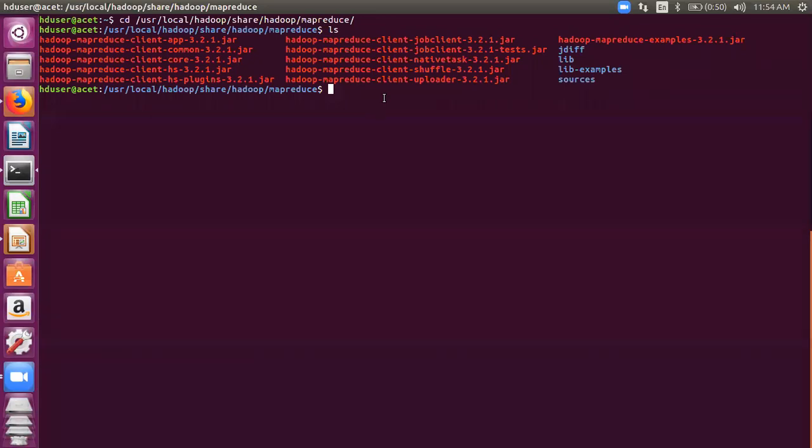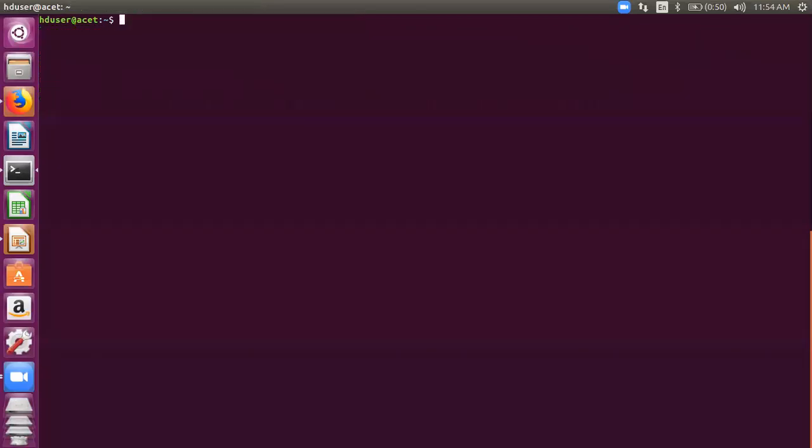using this jar file. Okay, so let me come back to my default home directory and let me start the services. If you need to use the jar files for your MapReduce applications, they should be run in the cluster. They cannot be run on the local file system. So I'll just start the distributed file system services. Okay, and the file that you need to count the words from should be there on the distributed file system.